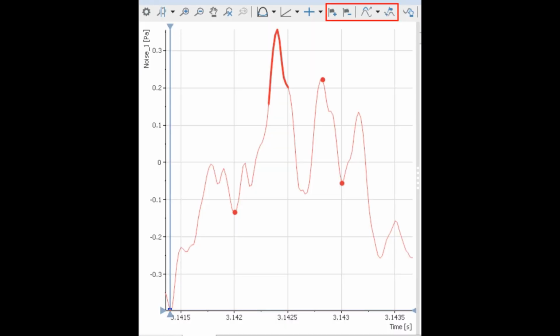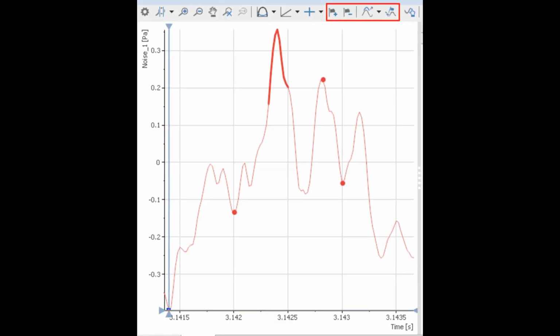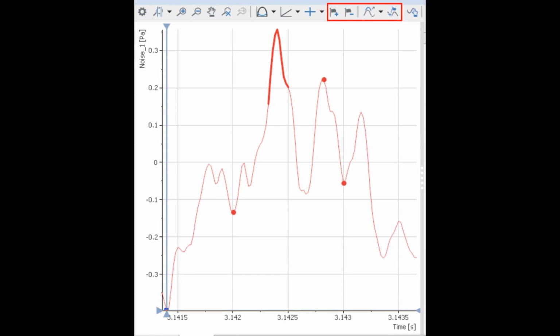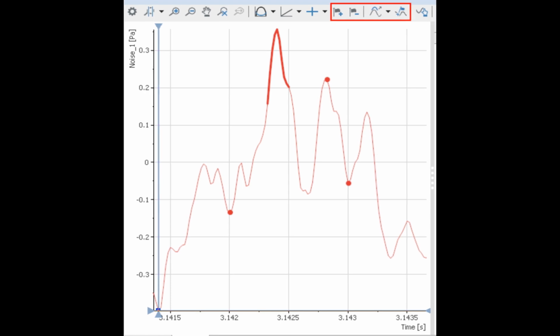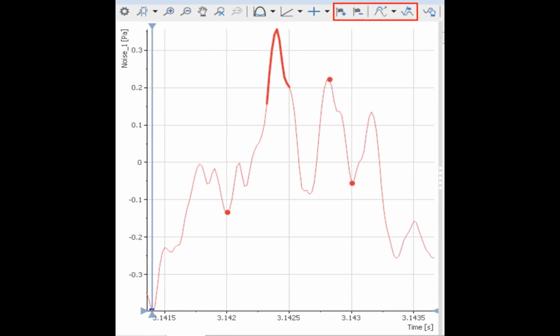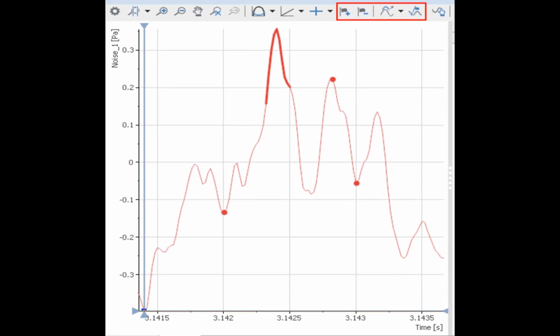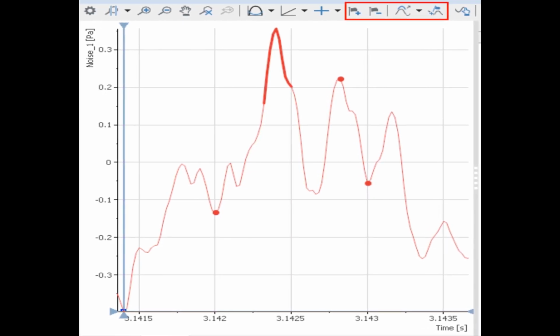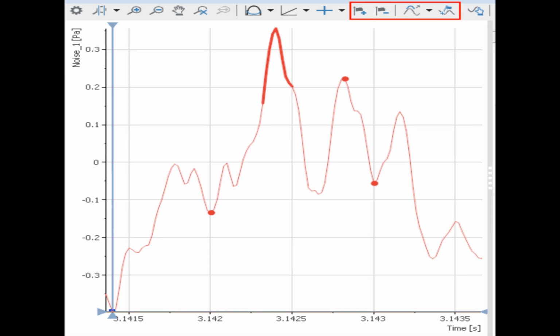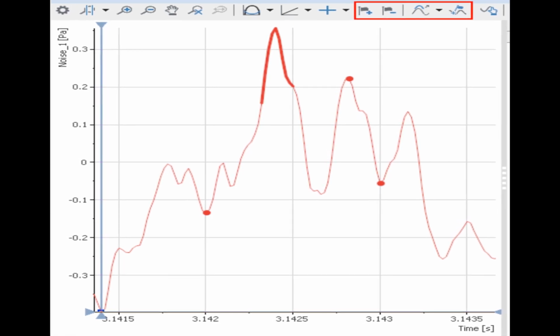Load the DIAdem example file example-data.tdm in order to follow this tutorial. Flags may be used to visually mark points or sections of a curve, and then to copy, delete, and interpolate curve sections. In the image shown, you can see peaks and valleys flagged, as well as a continuous section of a curve. The 2D Axis System Flags toolbar is highlighted in the upper right of the image of the view